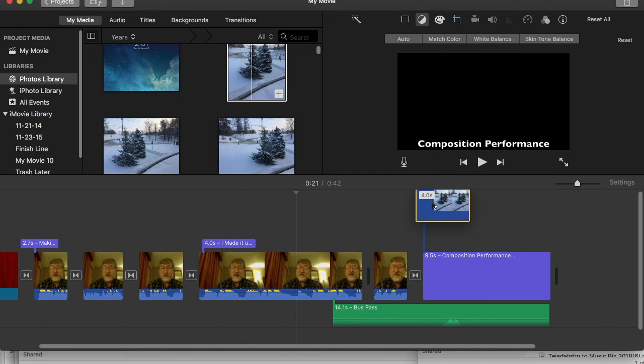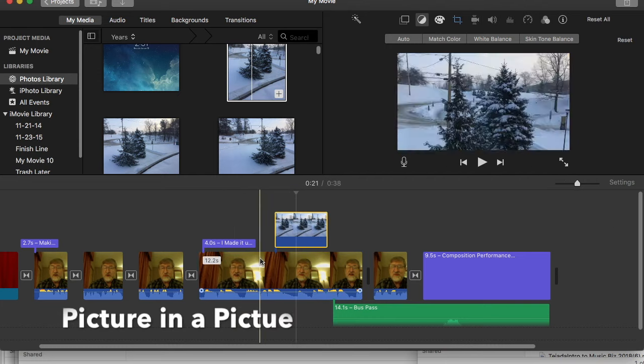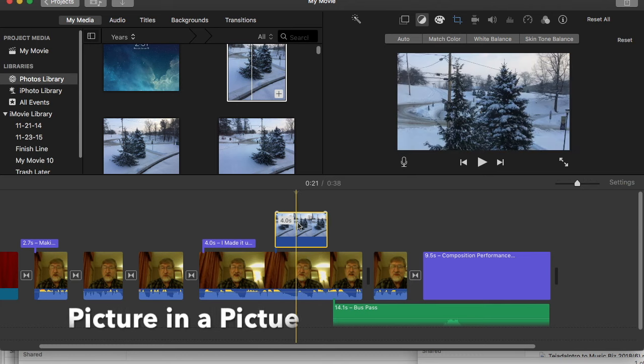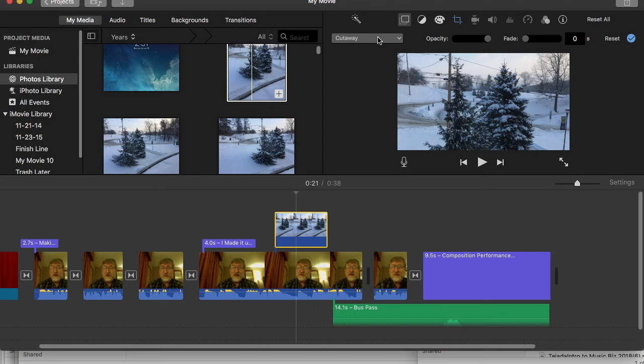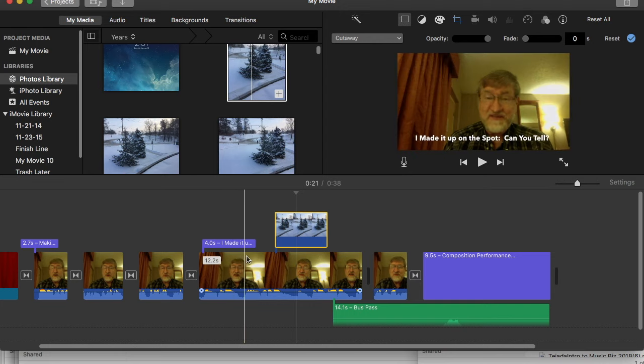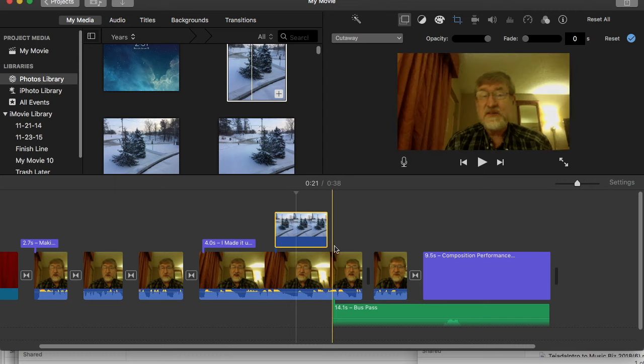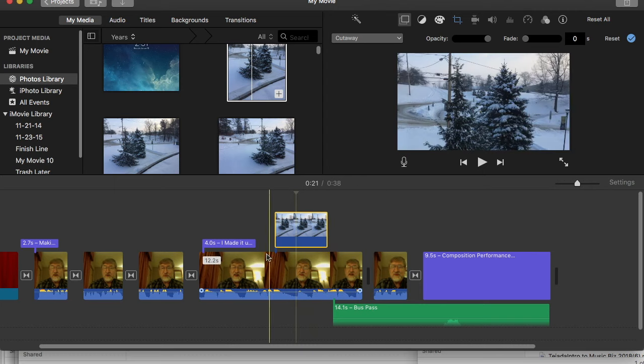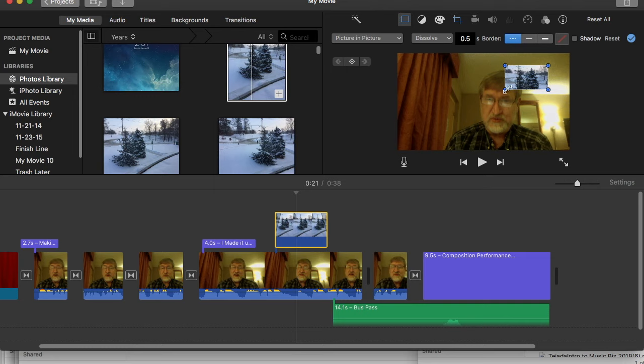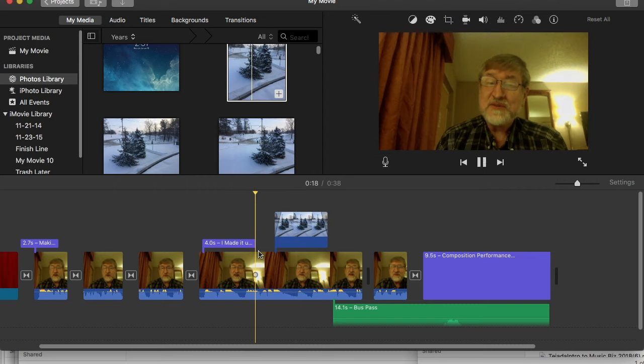It is possible to do picture in a picture. Yeah, there we go. That video overrode this one, but if I click on this particular video, I can come up here. Okay, this is currently cut away, so this video plays to here and then it cuts away to that video while the audio from the other video continues. If I set this to picture in a picture, there we go, then I actually have a picture that can become a part of my movie in this manner. So when it gets to that point,